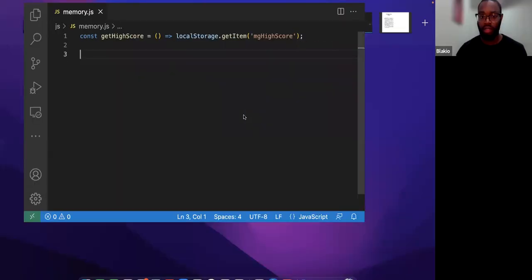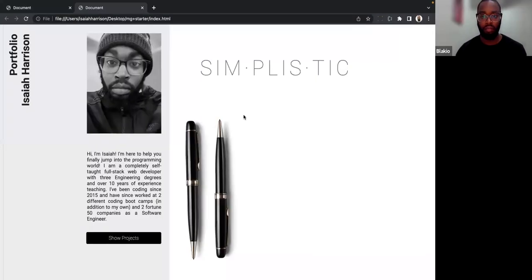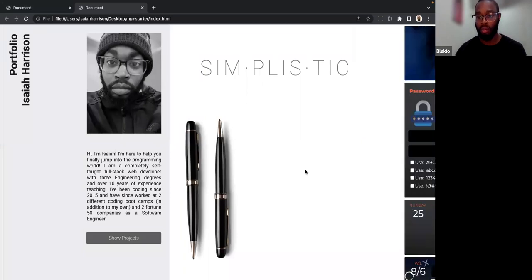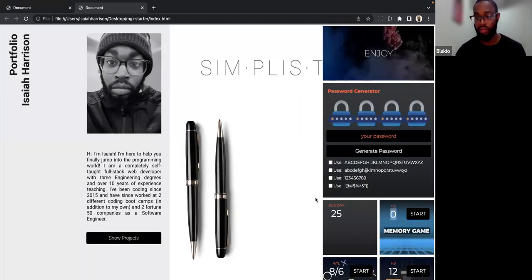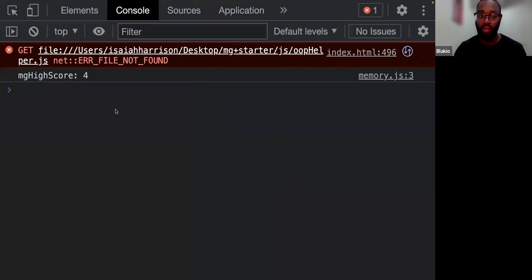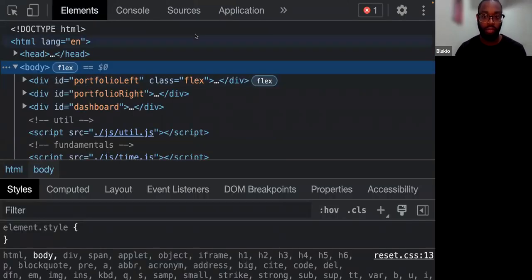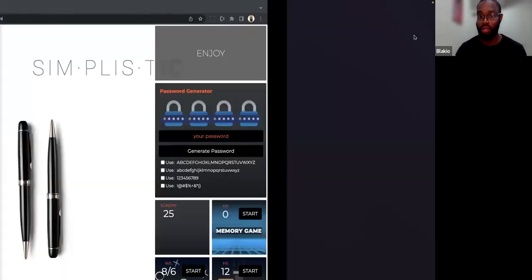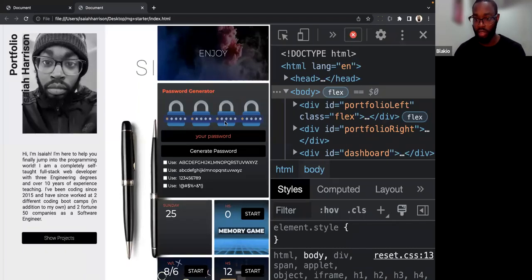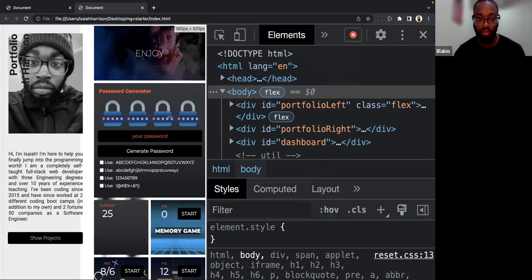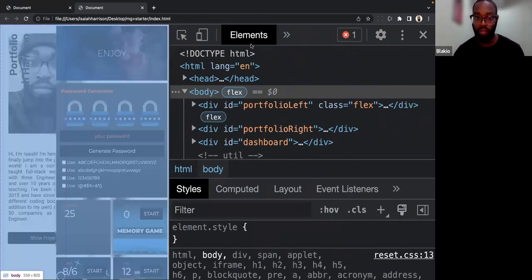So now that we got that, let's see. Now we've got to actually set this value to that number. Let me put this side by side. Okay, all right.